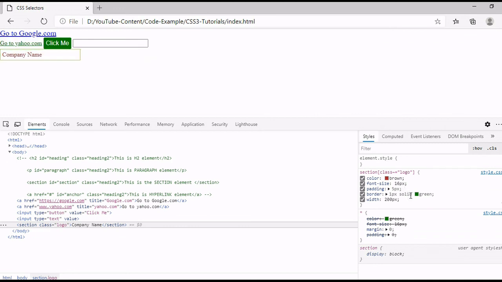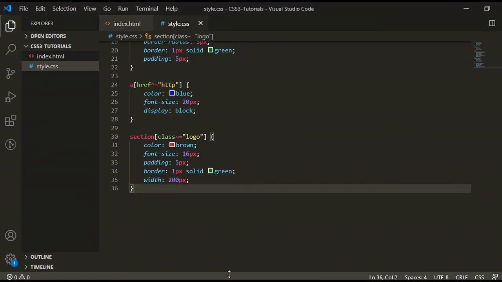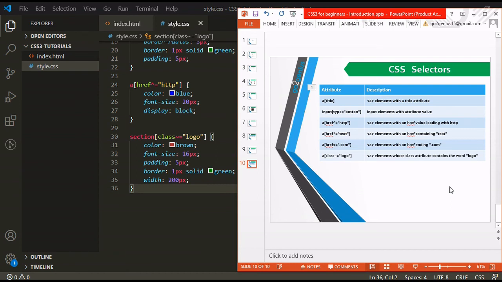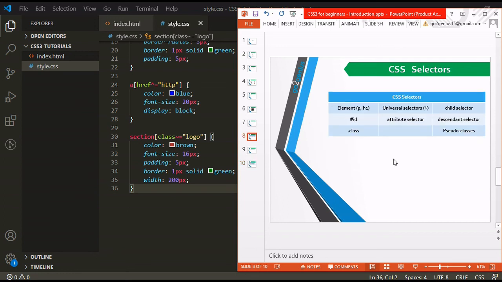Same as this, you can select other attributes with some specific values. Okay friends, I hope you have understood how to select the elements by the attribute. So we will see the next CSS selectors in the next video. So see you in the next lecture.